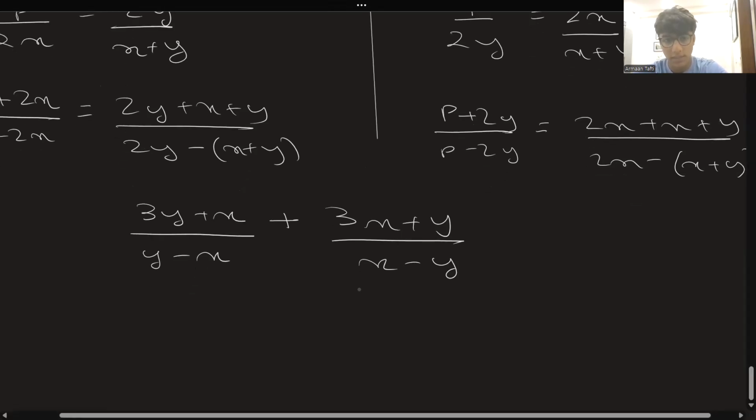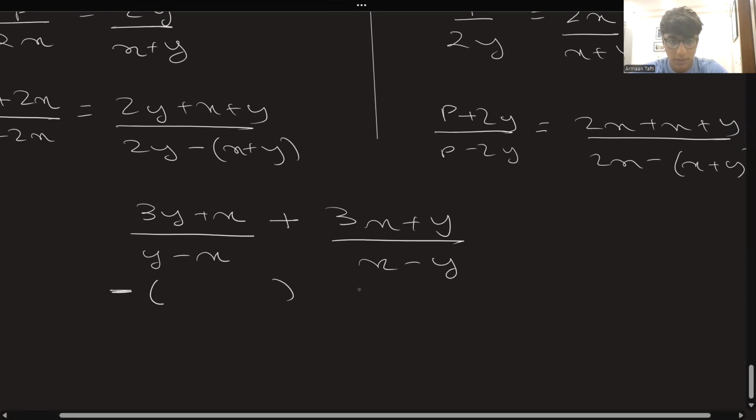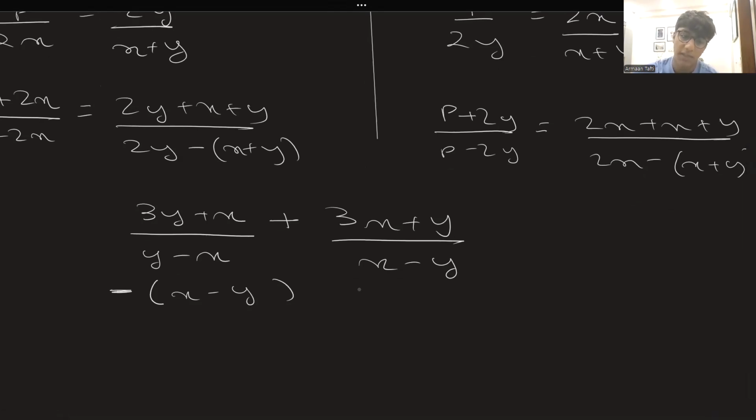What you can see here is this is y minus x. We're going to get x minus y. If I take a minus sign out common, won't I get minus y plus x, right? So now you're getting an x minus y. This can be written as x minus y, because once you open the brackets, you get a minus x and a positive y. So if I multiply both the numerator and denominator by minus 1, I get the same denominator,